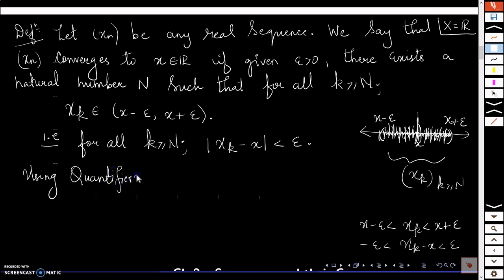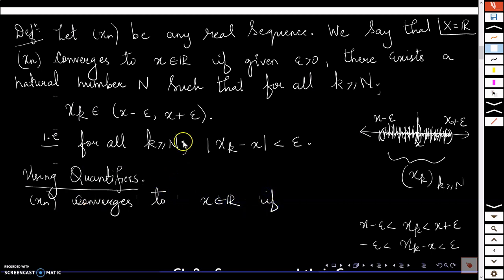Using quantifiers, how will I put this definition? Okay, using quantifiers, xn converges to the point x if, given epsilon positive. So given any epsilon positive, so universal quantifier, for every epsilon positive, what should happen? There exists a natural number capital N. So existential, there exists a natural number capital N